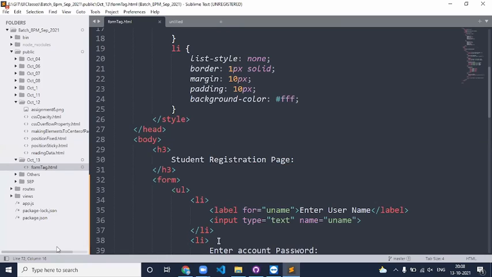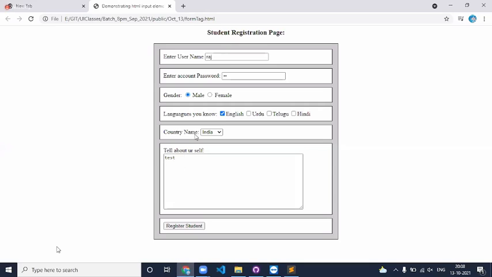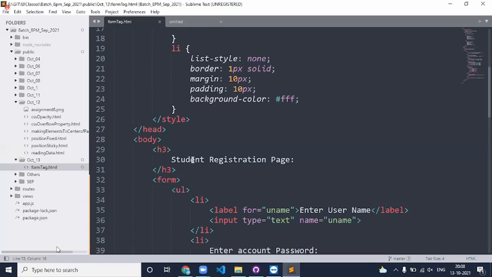Now, what is the form tag responsible for? The form tag automatically picks up all the data from whatever input elements it has under it and reads the data. But first of all, every form tag has two mandatory attributes.